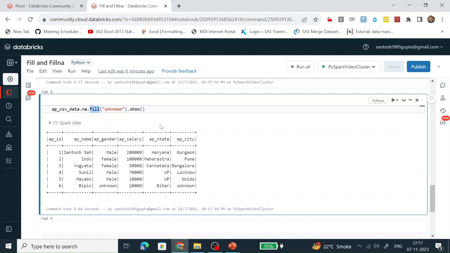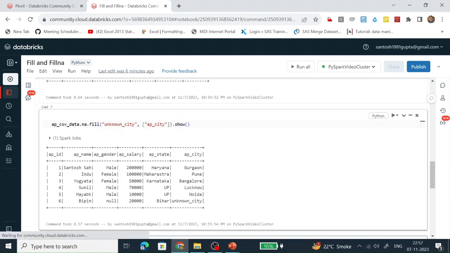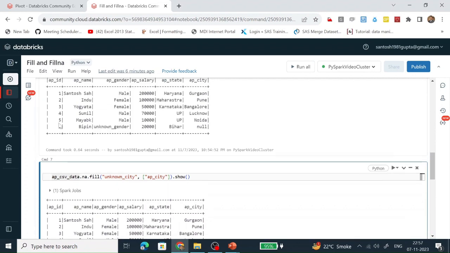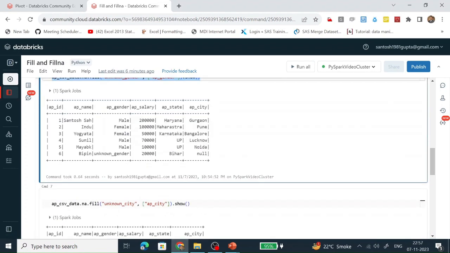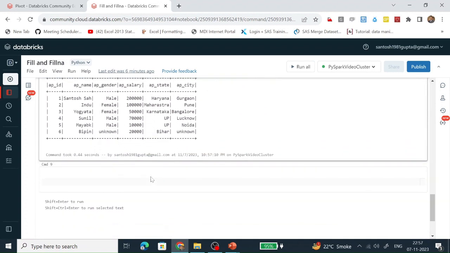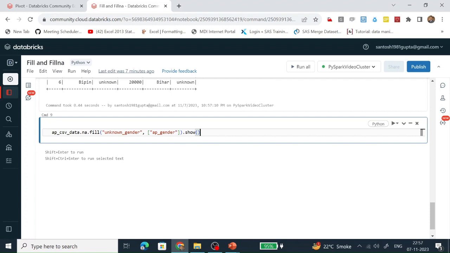Let's see how the fillNA function works. To save time, I'm just copying the code and I will change the function name. Here, fillNA is not a part of NA.